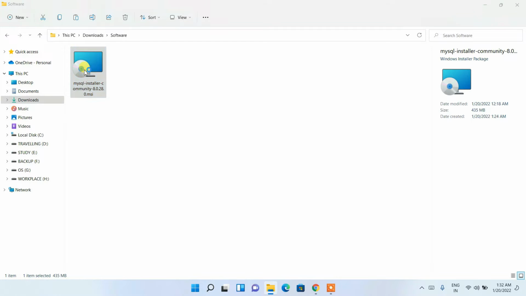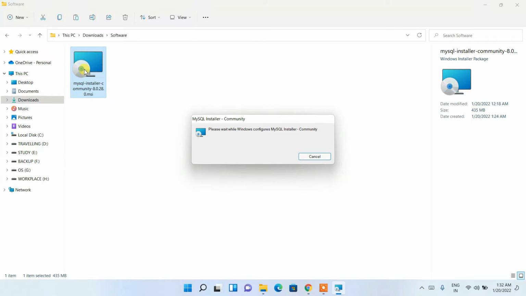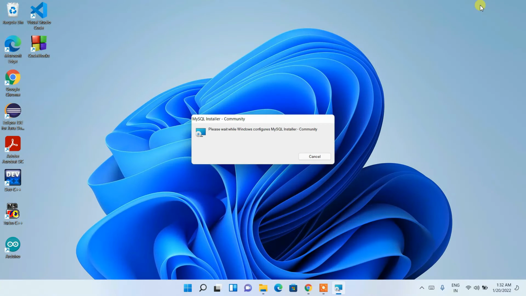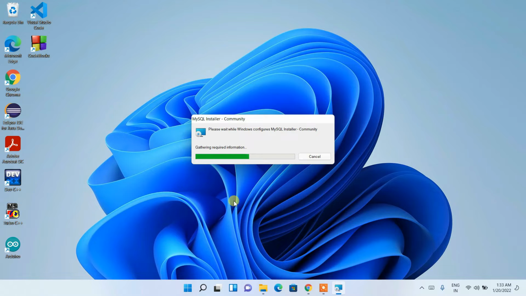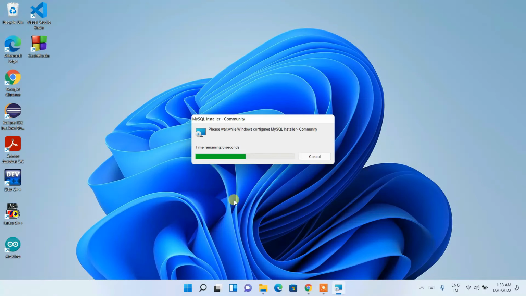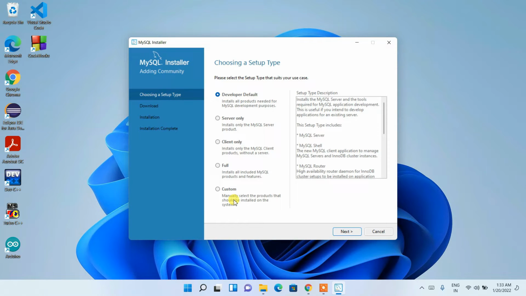So just double click on it to start installing our MySQL installer, and you can see MySQL installer community one is currently configuring. So let us first minimize our download directory, and it will ask you for administrative privileges. So for that just click on yes, and see it has started gathering all required information. So it will again ask you for administrative privileges for MySQL installer launcher. So again click on yes, and you'll be seeing this MySQL installer community window has opened over